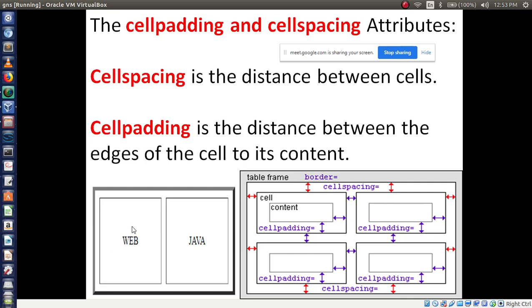This we call padding and this we call spacing. Outside the cell is cell spacing, and inside is cell padding. So write down this definition of cell spacing and cell padding. Let's see an example.